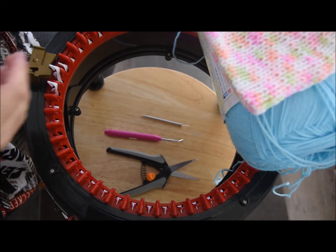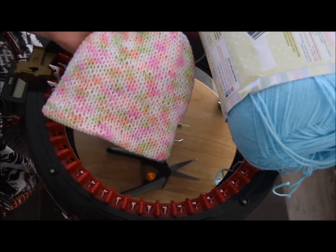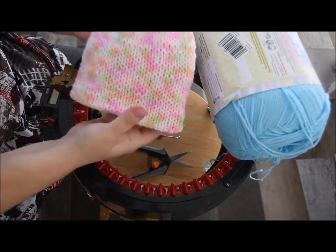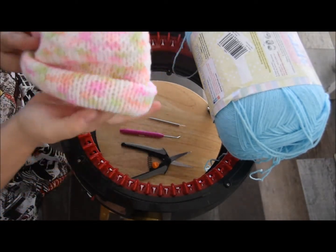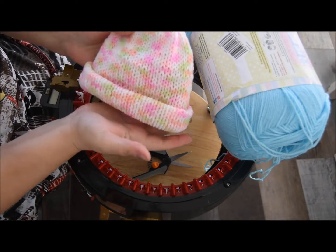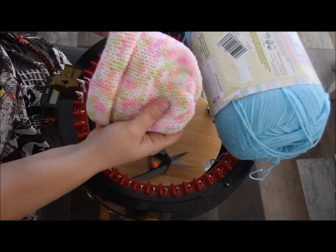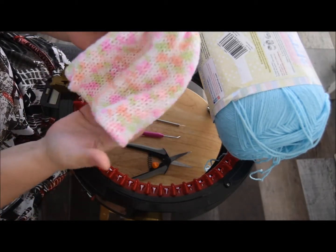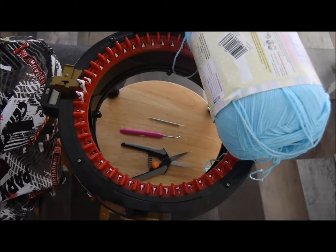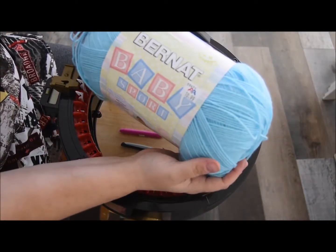Bonjour, aujourd'hui on va faire un bonnet bébé, un nouveau-né. Voilà, comme ça. Je vais reculer un petit peu comme ça, qu'on peut faire un rebord comme ça pour les petits nouveau-nés. Today we're gonna do a baby hat, a newborn baby hat. And it's double layered, this one. So it's gonna be like this. And we're gonna do it with the,